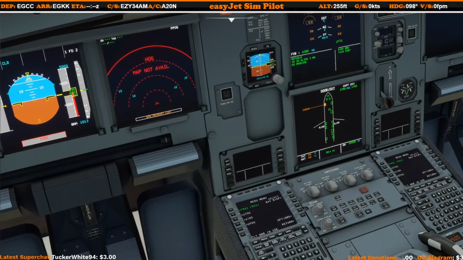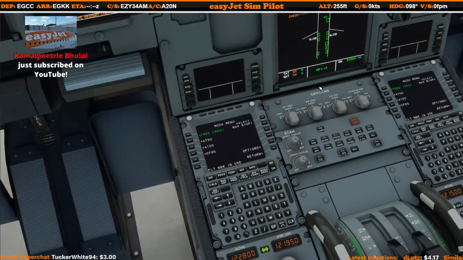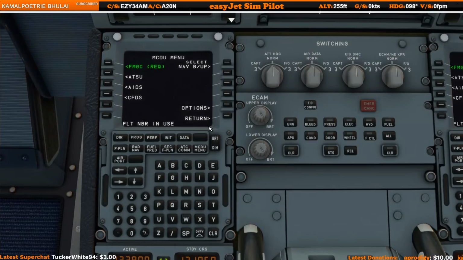So here comes the fun part. This is where, if you guys want to fly the same route as I'm going to do, this is what I need you to do. Control 5 gets us to the MCDU, and then if you want to fly the exact same route as me and be able to import it nice and easy, go to the MCDU menu and then go to Options. If you then go to SIDS,